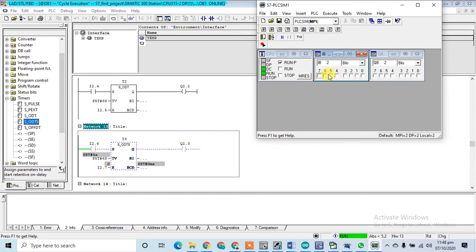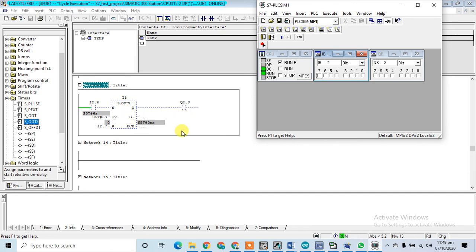So if I switch on my input I2.6, the timer starts. If I switch off my input I2.6, the timer will remain working and it will switch on the output after the completed delay. The output will remain on. If I want to switch off the output, I need to switch on my input I2.7. So this will switch off the timer output.